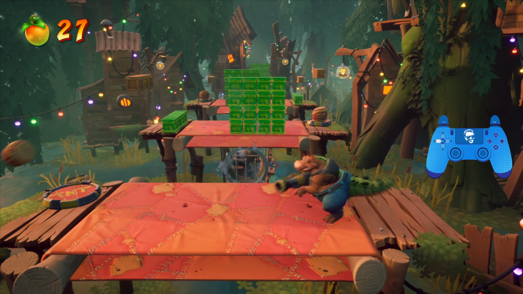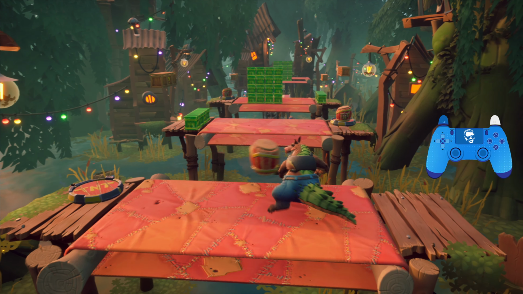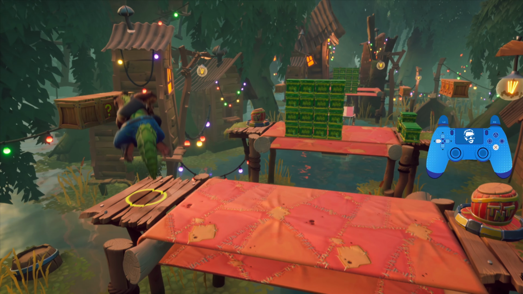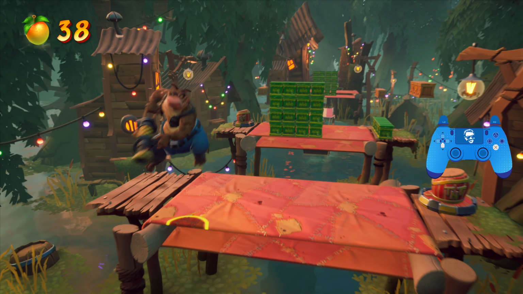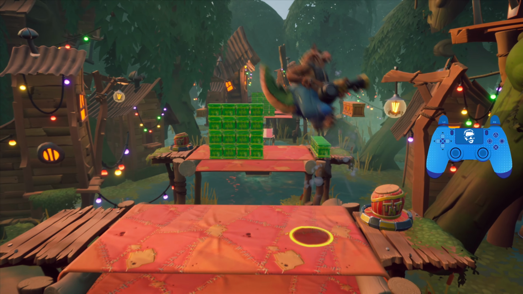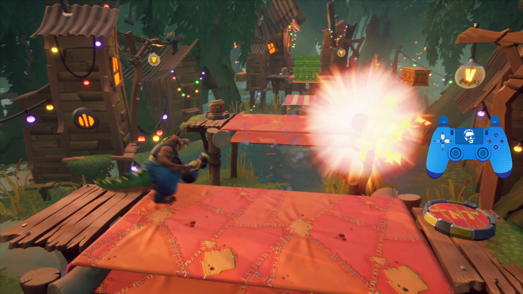Alright, so we're going to be using these TNT barrels to clear out all of the nitro on these conveyor belts because there are boxes behind the lower stacks of nitro. Let's keep that in mind. Alright, so break all these. Pick up the next TNT. Just backtrack here in case I forgot anything. Pick up this TNT, chuck it to the wall, and then pick up another one and chuck it to that